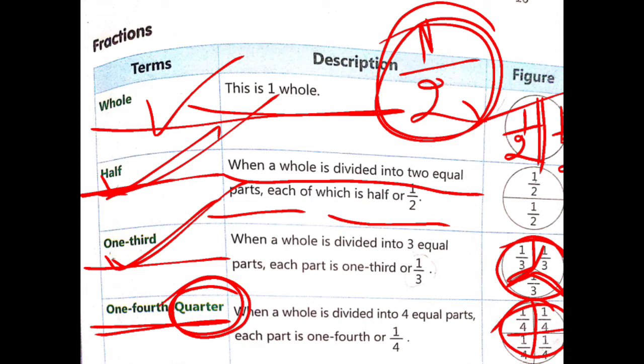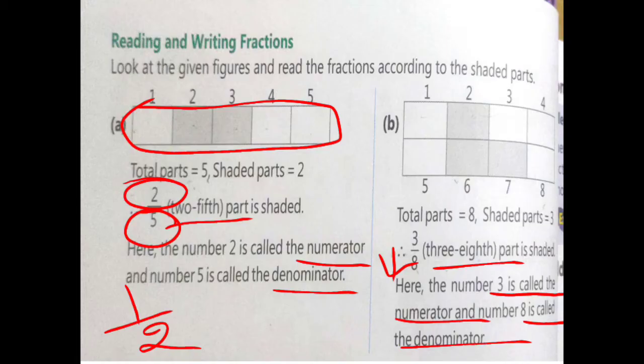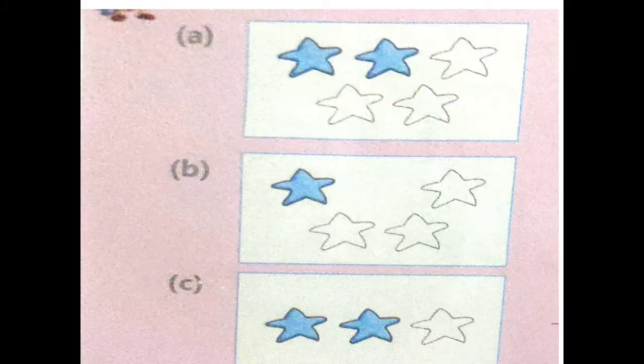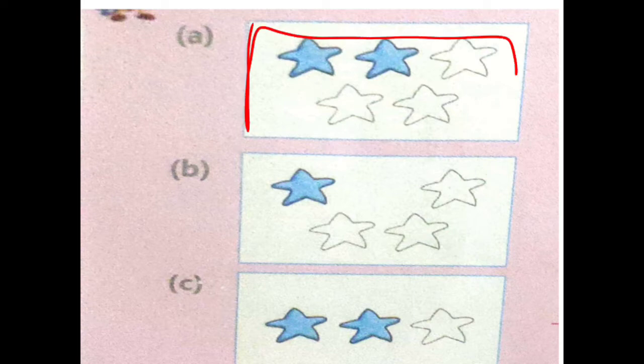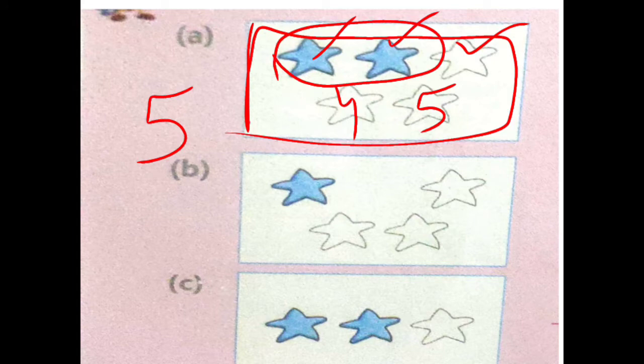Another example we are taking. These pictures I am using from your book, so you can visit your book. In these pictures, you can count complete 1, 2, 3, 4 and 5. So total how many? 5. And 2 parts are shaded. So how can we write this fraction? 2/5. Now you can count this.